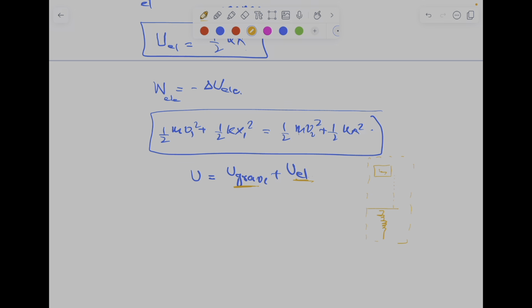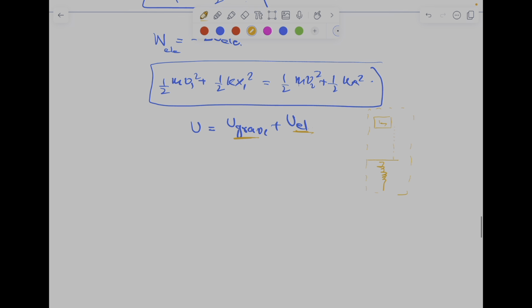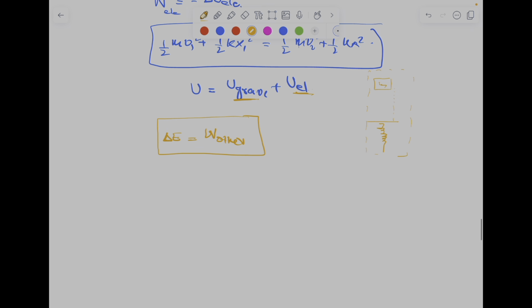And suppose you have the gravitational force and elastic force and other forces exerting on the moving object, then the change in total energy is nothing but the work done by the other forces, okay? Whether it is frictional or otherwise. So the work done by the conservative force is conserved. And if we have non-conservative forces,